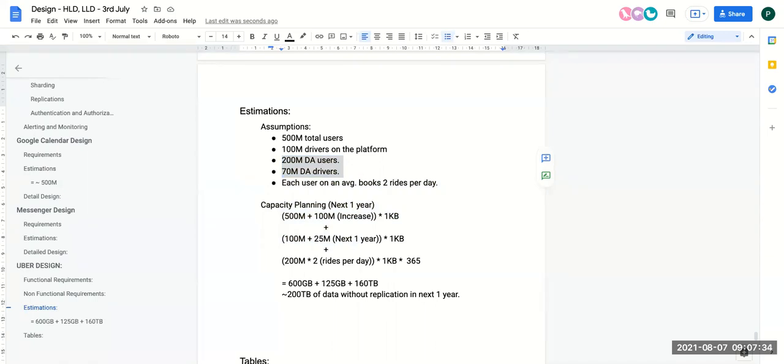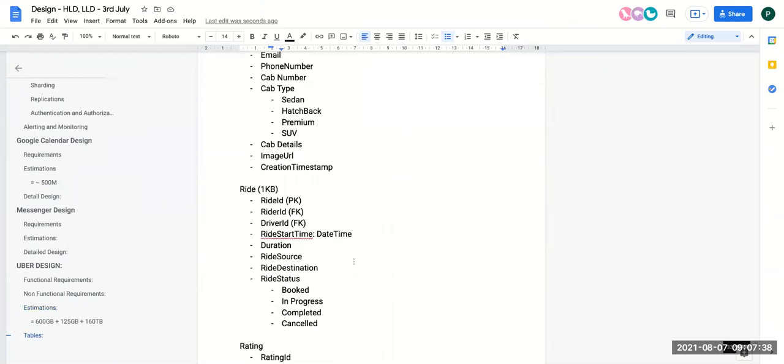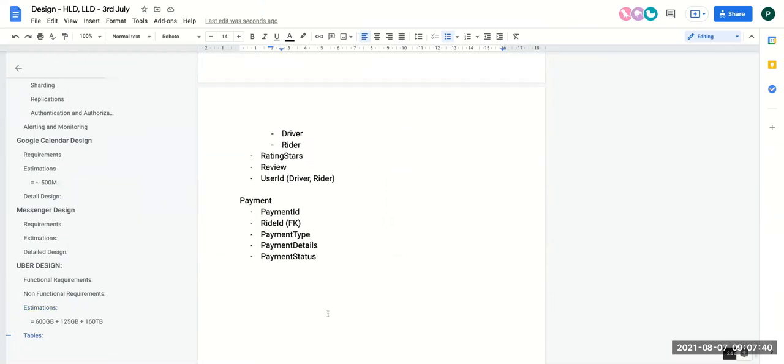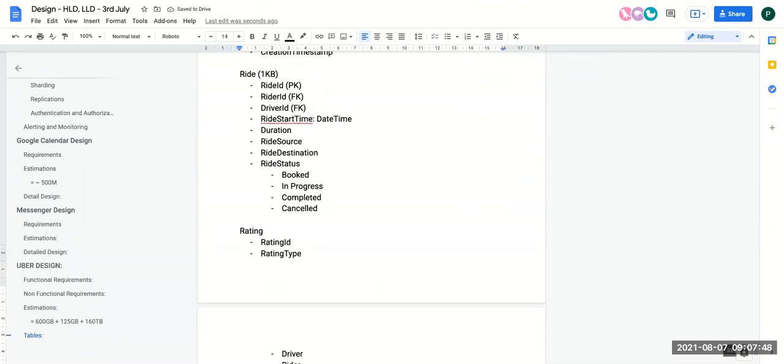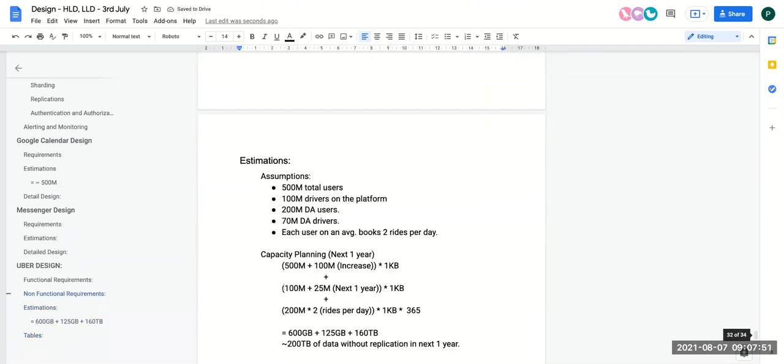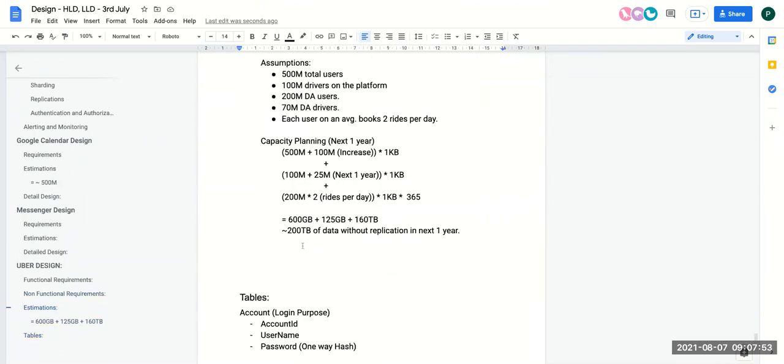Okay. So let's work on the QPS. Let's figure out all the basic APIs which we'll need for this particular design. We have worked on the tables, so let's work on the APIs now. I want all of you to think about the different APIs which will be required for this.